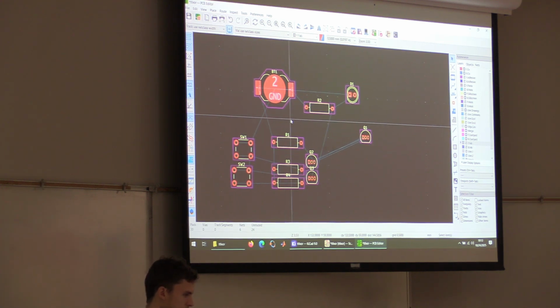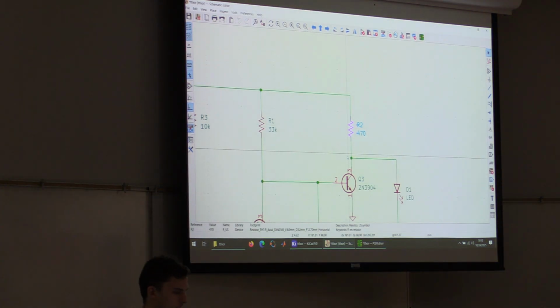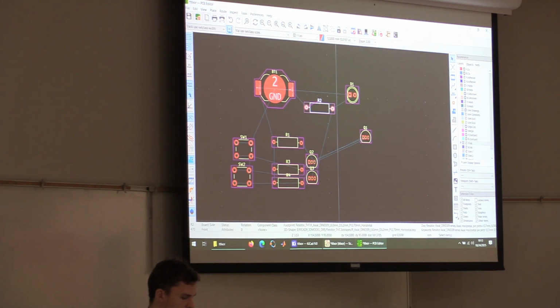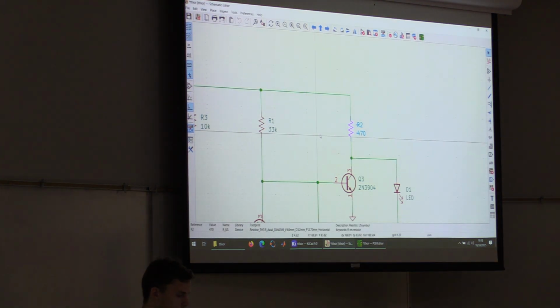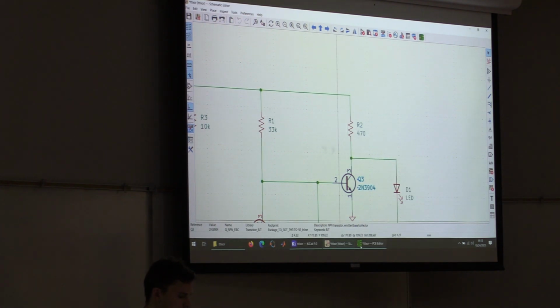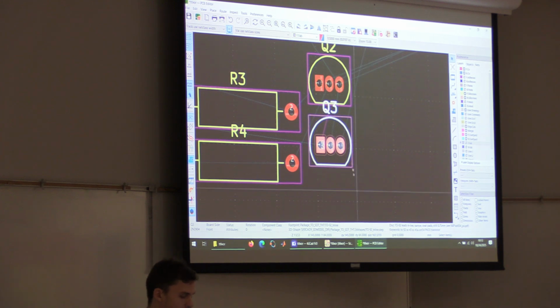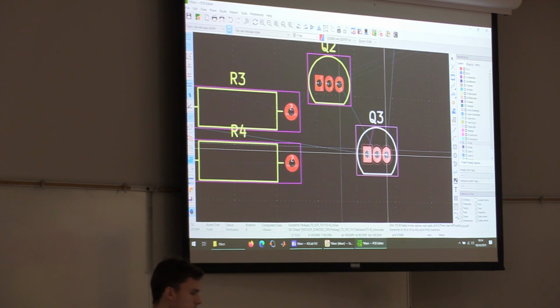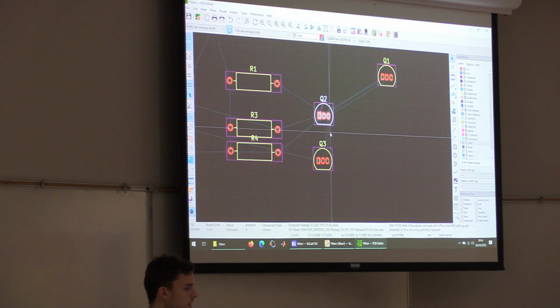Now, usually it does help to have two displays when you do this, so you can watch both the schematic and the PCB editor. If you notice, when I select a component in the schematic editor and go back to the PCB editor, it will select that component on the PCB editor. So it helps you figure out what component is where. And I use that function quite a lot when I'm designing the circuit,